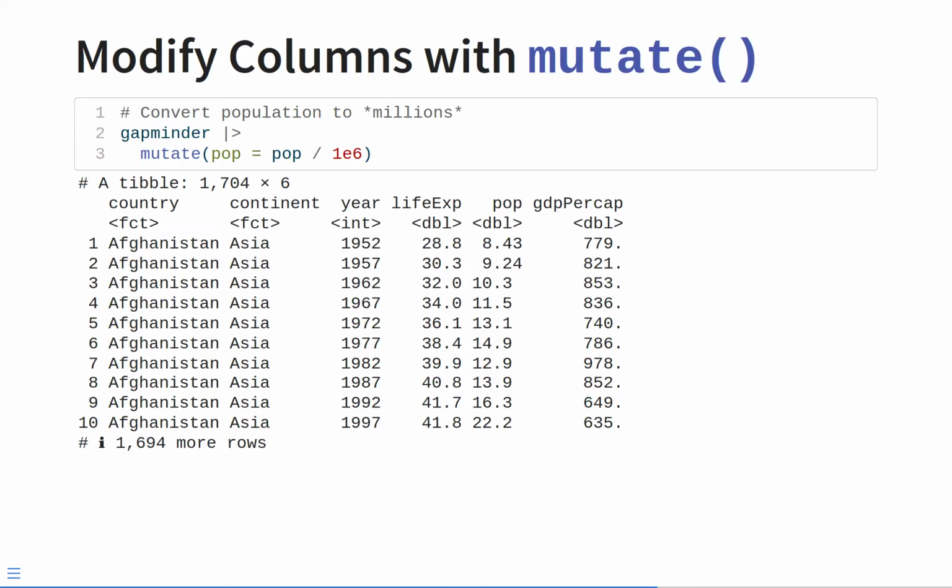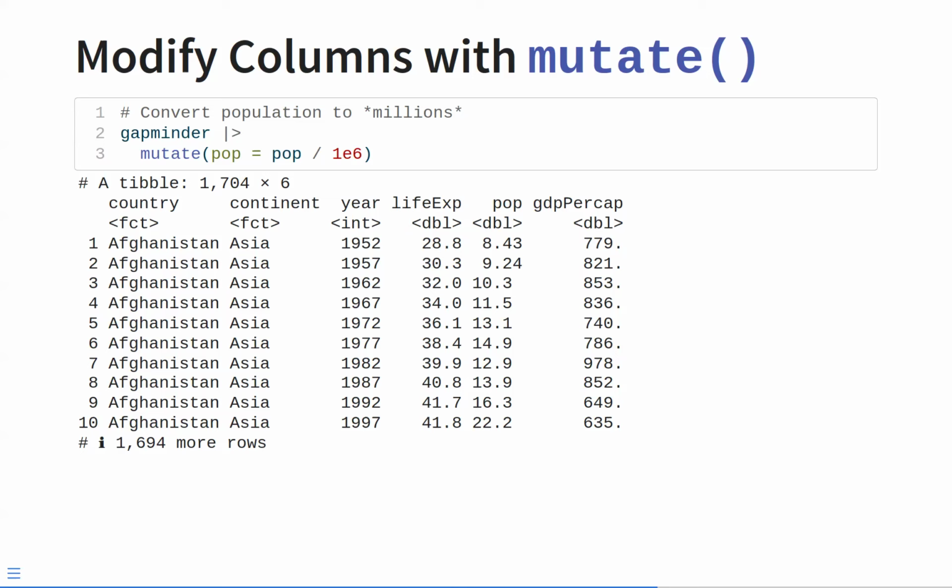The next verb that we need to learn is called mutate. Mutate is used to modify existing columns, which could change them in some way, or it could even create a completely new column. So here is an example in which we're going to take an existing column and modify it. I have the population column, which gives raw population counts, and I'd like to turn that into population in millions,